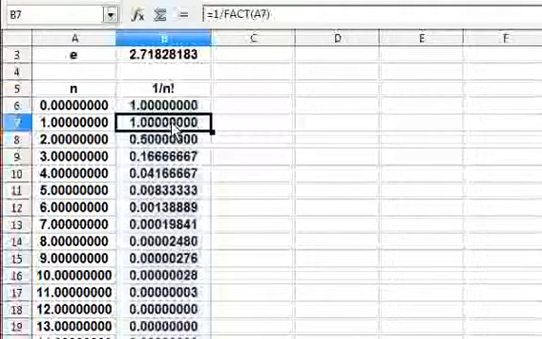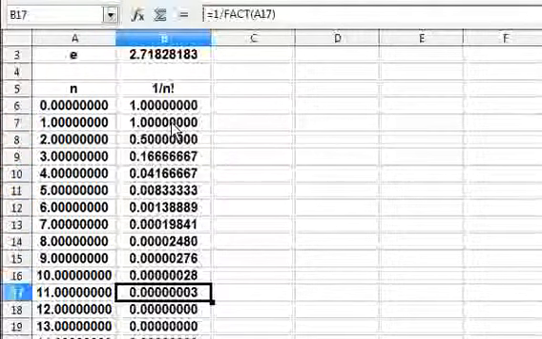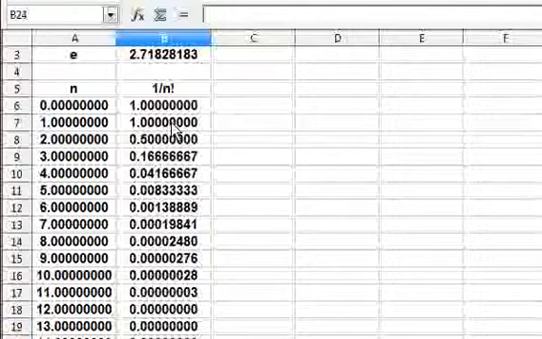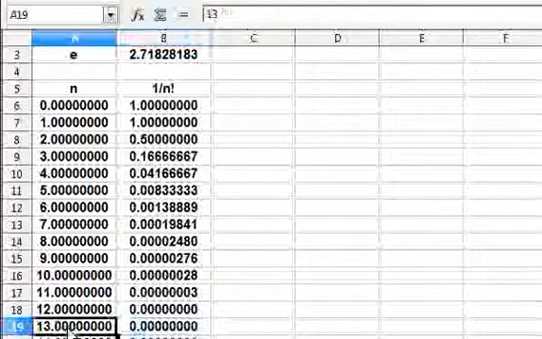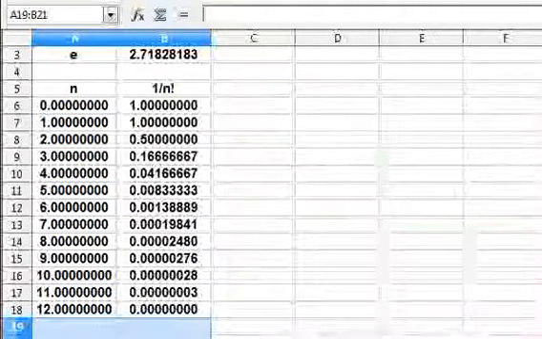If you see, the values are decreasing, and it touches pretty much 0 by the time. I mean this is not 0, this is up to 8 decimals. Since we are only interested in calculating up to 8 decimals, I will just discard the values below that, and you just say delete.